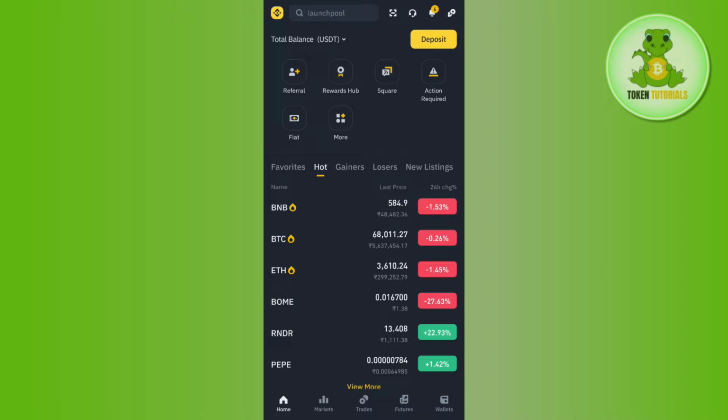Now, in order to purchase Dogecoin on Binance, you need to make sure that you have a verified Binance